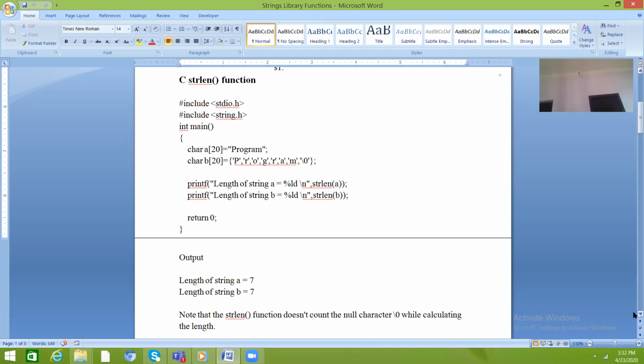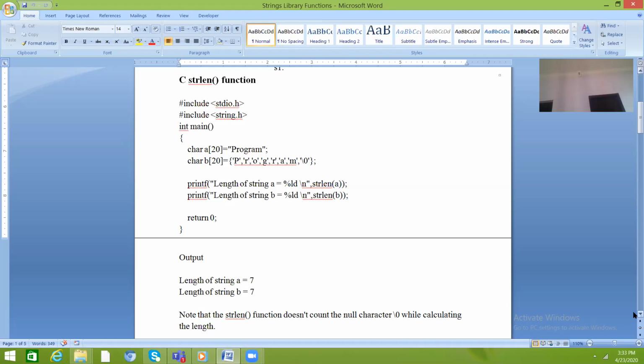If I want to calculate the length of the string, how can I do it using the C function? I just write strlen, then in brackets I give the name of that string. Here I have done printf length of string a is equal to %ld, or you can take %d also, and strlen(a) gives the length of string a, and next gives the length of string b.